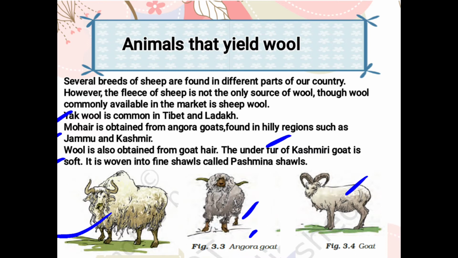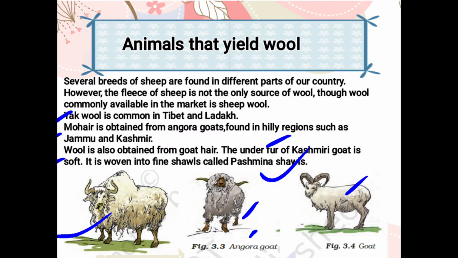That's why they are so soft in nature, and they are woven by hand. With the help of hands, they are woven into fine shawls that are called pashmina shawls, and pashmina shawls are famous all over the world. Why? Because they are woven by hand. Because the fur of the Kashmiri goat is so soft, it is not possible to send it into industries to be woven over there. So it is woven by hand, and the shawl made from the Kashmiri goat's hair is called a pashmina shawl.